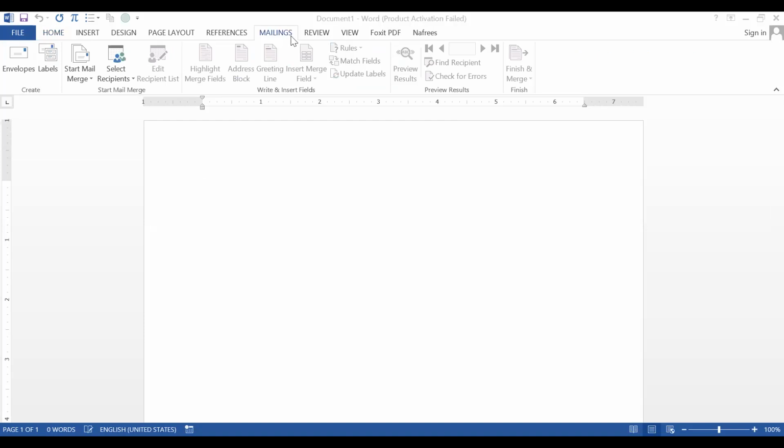Look at here. If you click the ribbon Mailing, it is here. If you can't find the Mailing ribbon, then how can we find that ribbon? Can anyone tell me? Let's say the Mailing ribbon is not here. Then how can I find this ribbon in MS Word? Where can I find that? Any idea? Can anyone suggest?